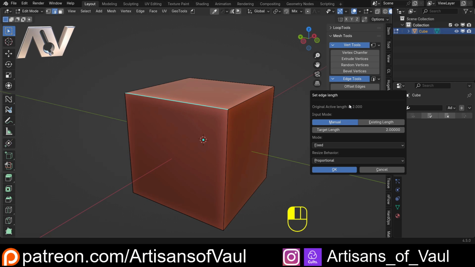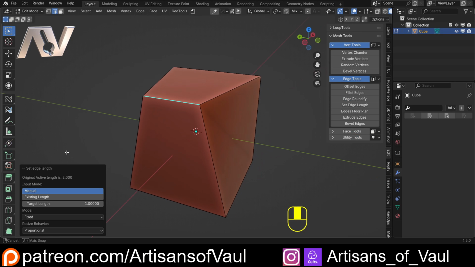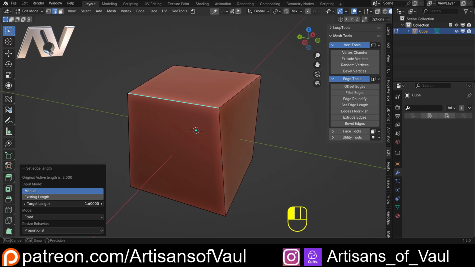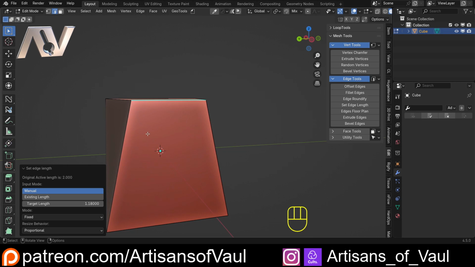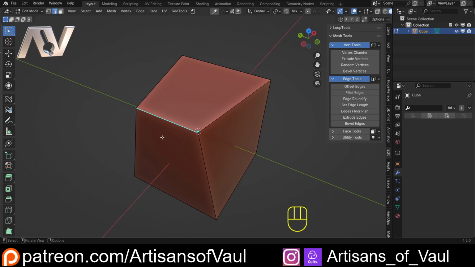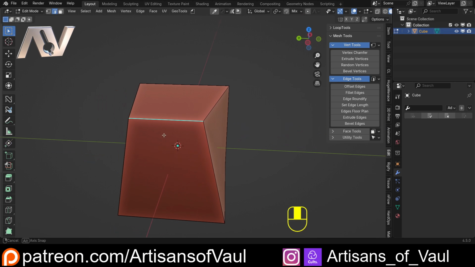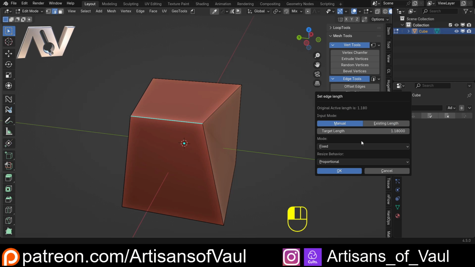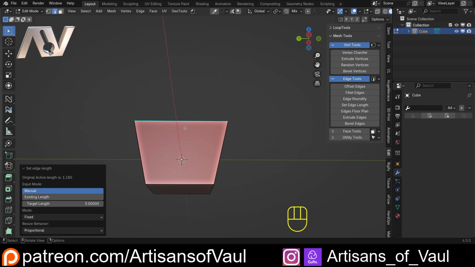Now, this looks like it's not doing anything because I can change my target length, let's say to 1, and it hasn't done anything until you click OK. And then it comes here for some reason, and now you can just make it work. I'm not sure why they didn't just make it work from the start, but there we go, it is what it is. But I think that's incredibly handy to be able to set a length of an edge to a specific distance. For example, if I wanted to put this to 3 and click OK, and it works from the